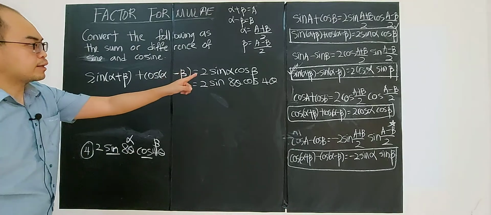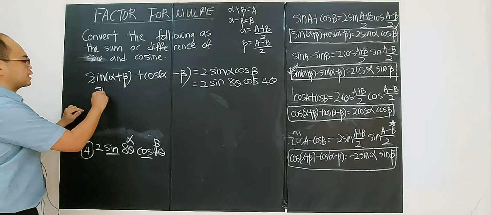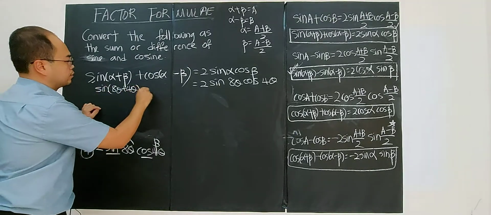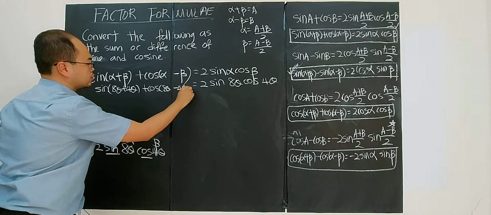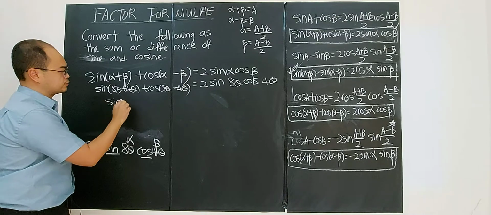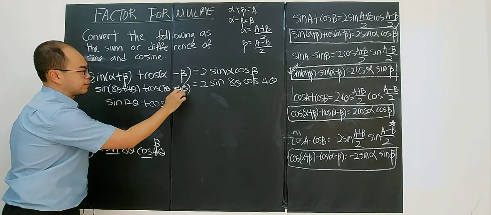So alpha is 8, beta is 4. So it's sine(8 theta plus 4 theta) plus sine(8 theta minus 4 theta). Alright, then you know that 8 plus 4 is 12 theta, and 8 minus 4,